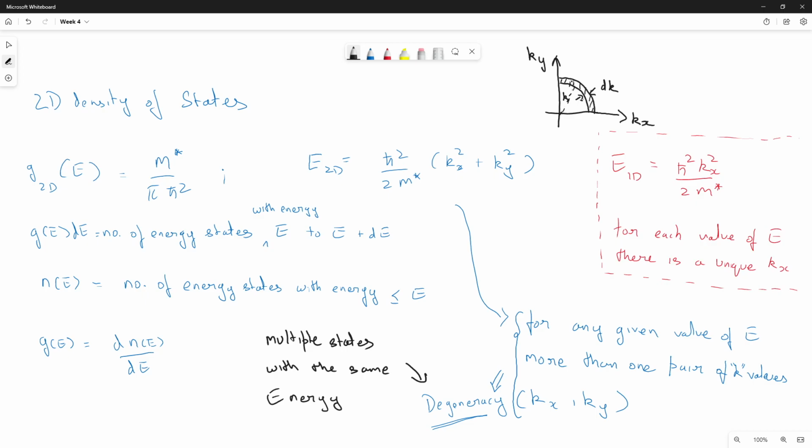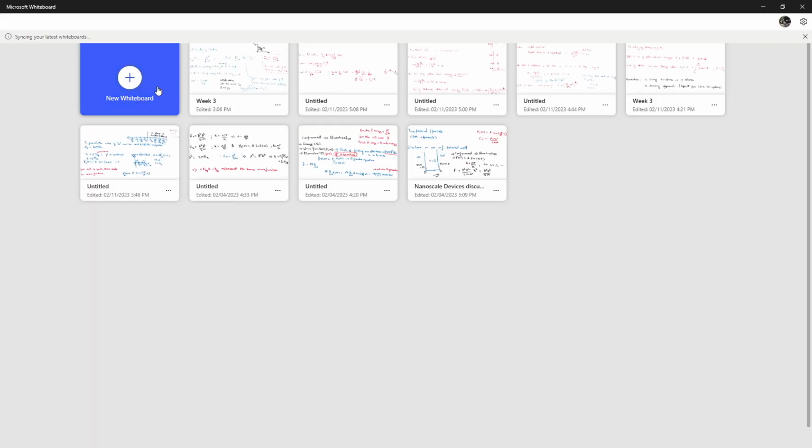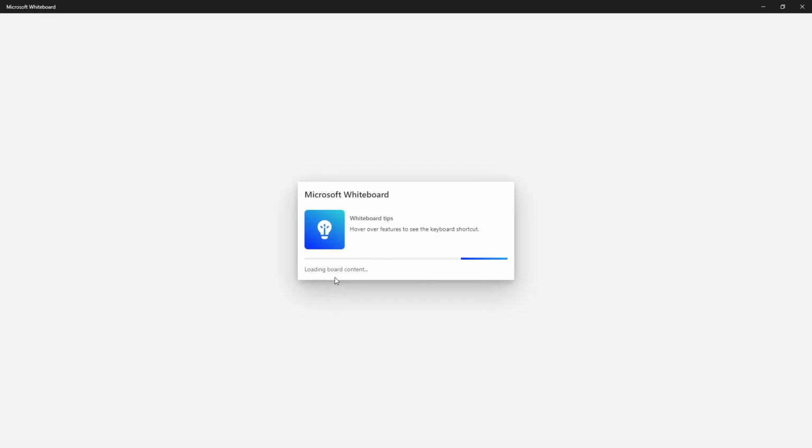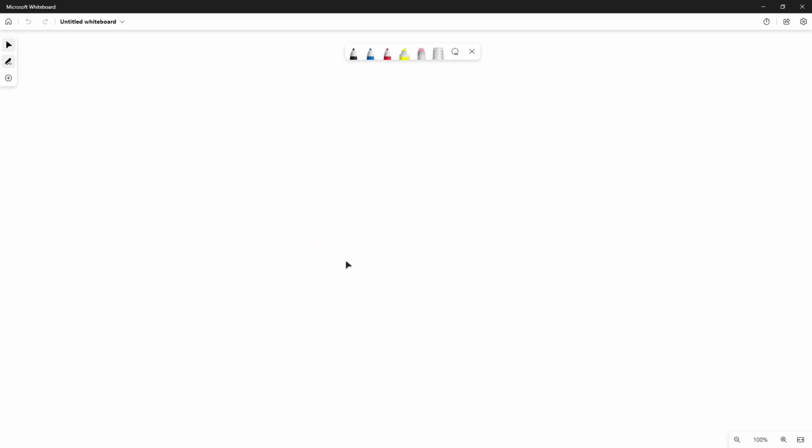So since I'm picking multiple k values, there is degeneracy, which implies for the same energy value, now there are more energy states available. So that is essentially what is reflected by the density of states. Because of this degeneracy that is now introduced into the system,